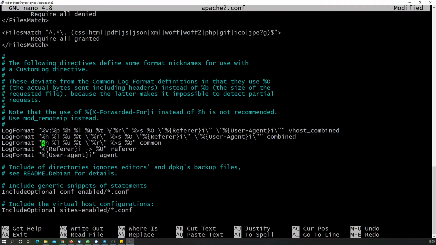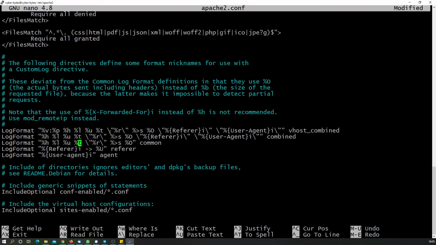The most common log format that Apache is configured with is the Common Log Format, that is the CLF. The log format pattern here is %h, which represents the remote host that is trying to connect to the application. In most cases it will be the IP address. Next is %l, the remote log name. Next is %u, which is the remote user, if the request was authenticated at all.